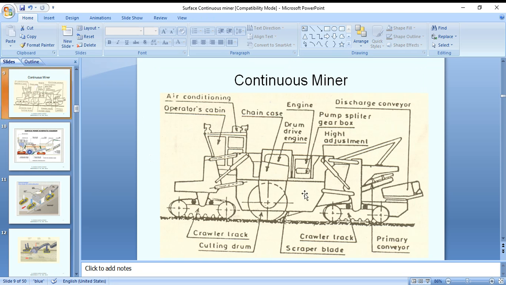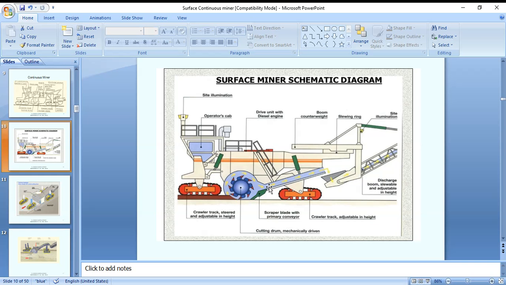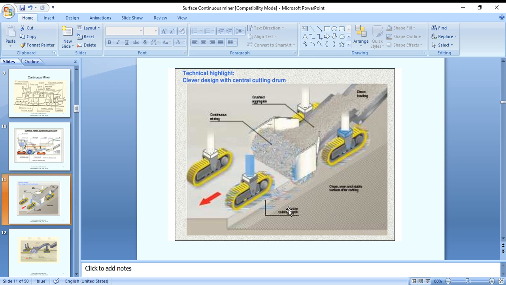This figure is a line diagram, not properly mentioned here. But in this figure you can easily understand how the material goes to the backside after cutting. The elevation also can be observed. This is the upper height, this is lower, because the cutting portion is already cut with this much thickness. So automatically it is a lower level, it is high level. It can be adjustable.